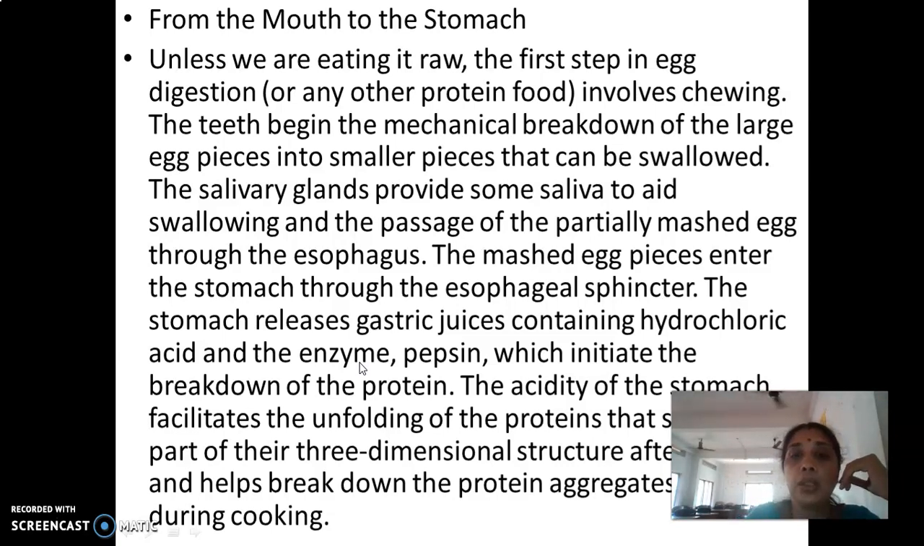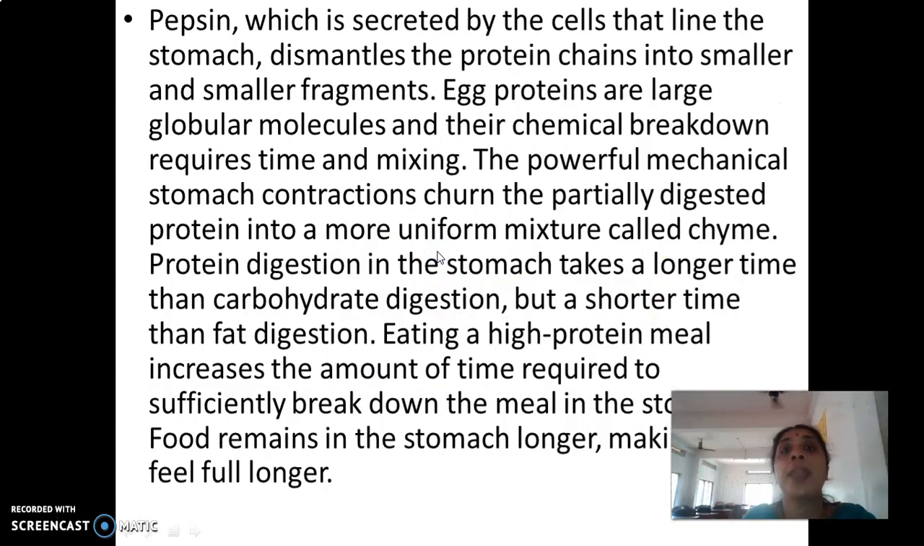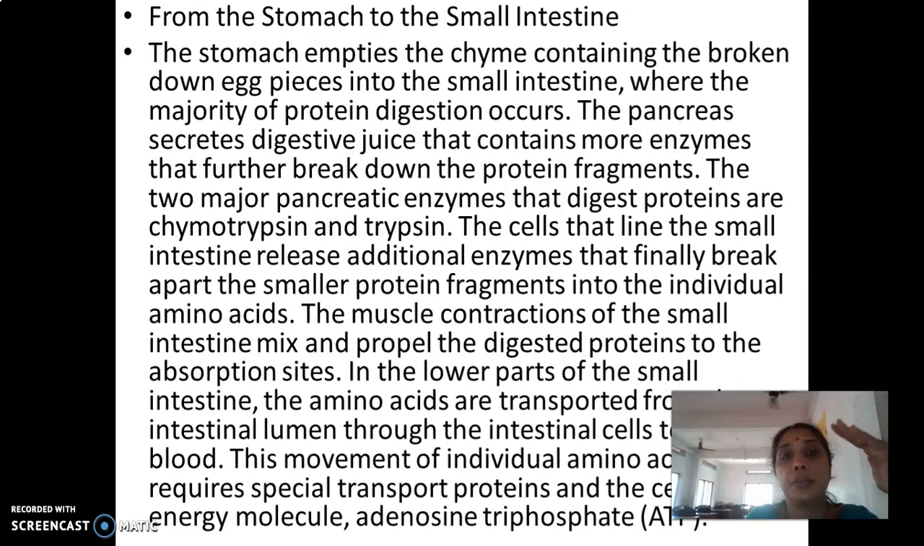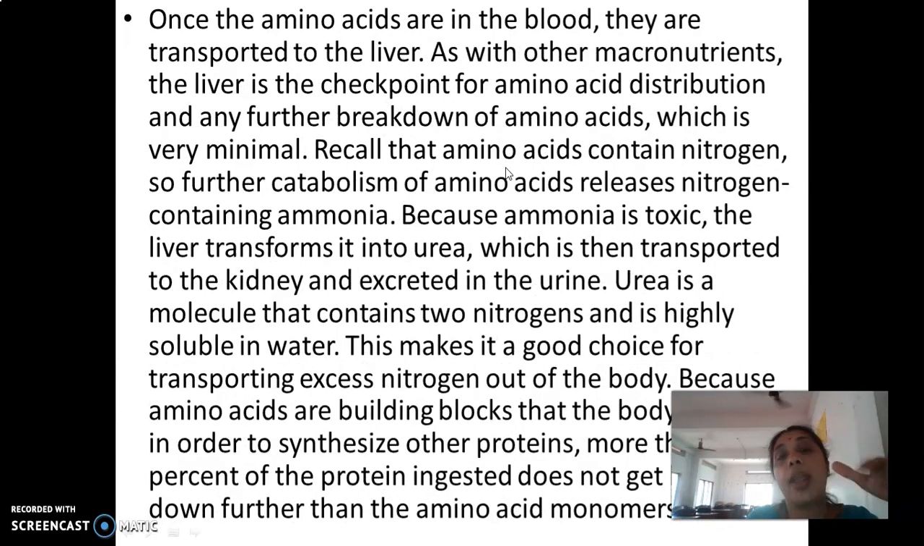Okay, so the three-dimensional structure of the egg is lost, and the pepsin further dismantles the protein chains into the smallest fragments. The globular proteins are now broken into the denatured form, and they are taken further into the small intestine, where the chyme will be acted upon by the pancreatic juice. The pancreatic digestive juice contains trypsin, chymotrypsin, and carboxypeptidases. They cause the further digestion of the egg. And finally, the smallest forms are formed: the amino acids, or the small tripeptides and dipeptides, that